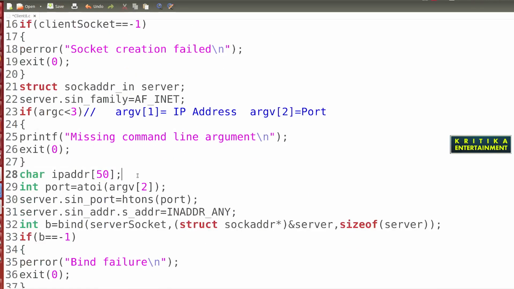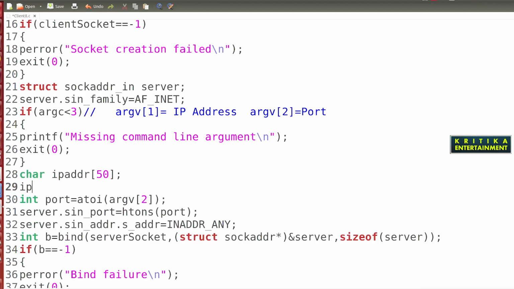Then what will we do here? The IP address will be assigned here. I will write strcpy(ip_addr, argv[1]).